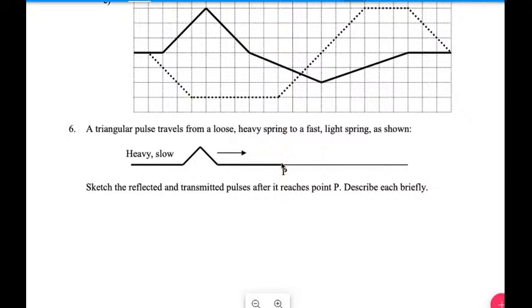We're not going to have any reflection back, because this isn't really a fixed end. It's actually more of a loose end. So it's going to continue to travel through upright. It'll have the same energy, same amplitude, because there's no reflection, but it will be faster. So speed will